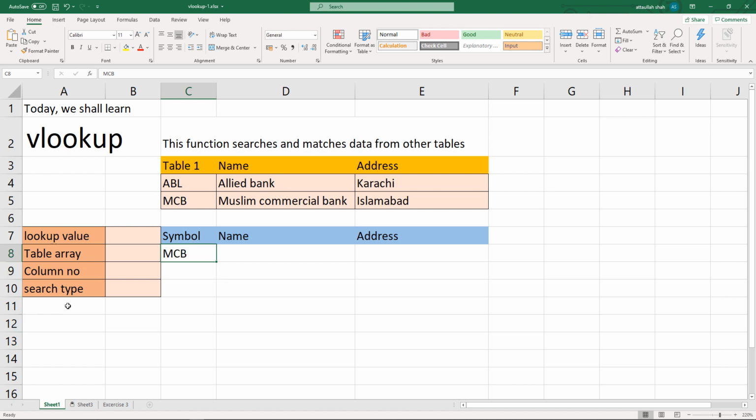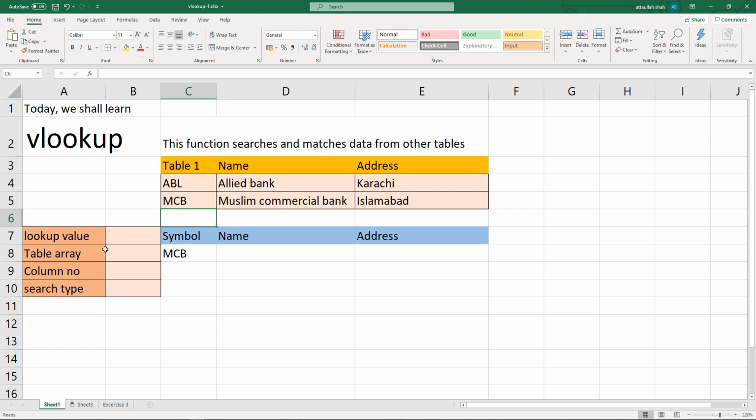And if we are using an approximate search, and here we have MCBI, even then the VLOOKUP will accept that, because we are not using exact search, rather approximate search. So there are two options, whether you want the search to be exact or approximate. Most of the time we will be using exact search.